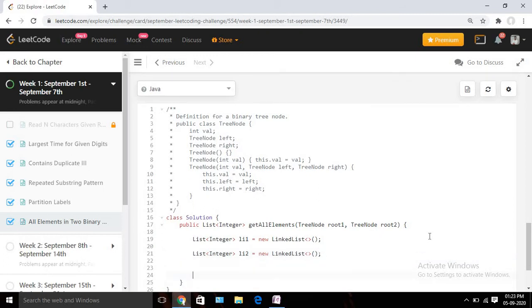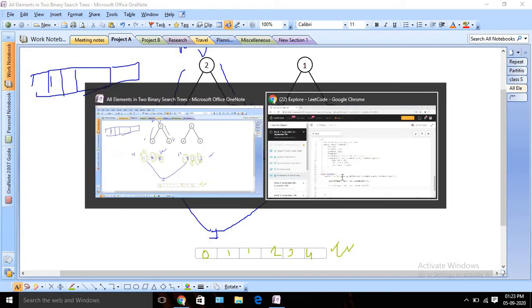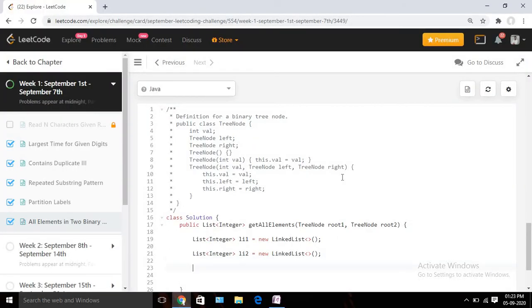Now I will write one traversing function, and I will traverse the tree and prepare these two lists according to its values, in-order traversal basically. So we are going to define one function called traverse, and we are going to pass two things. At first we pass the list in which we are going to store the values, and again we need to pass the root node, right? So at first we will traverse the first tree, so we are passing root 1. After that, similarly we will traverse the second tree also, and we are going to store the same in our second list. So it should be L2, and again it will be root 2.